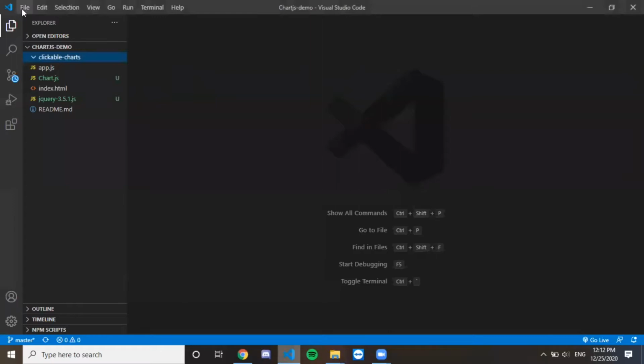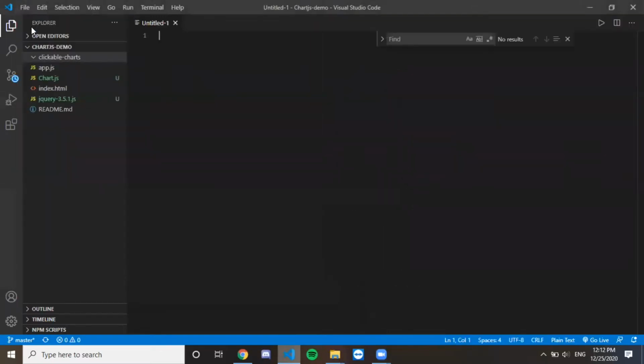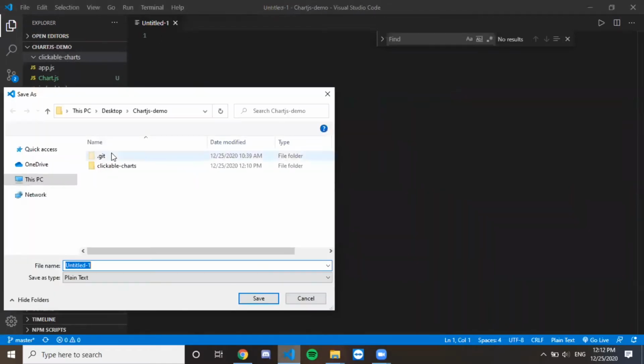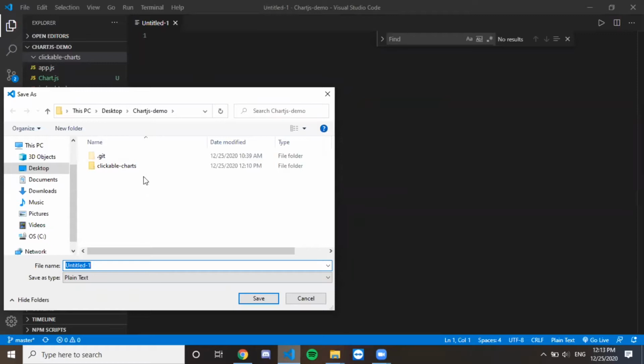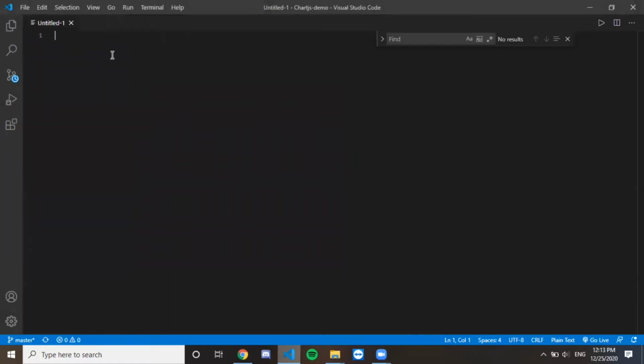So I'm going to go ahead and create a new HTML file, and I'm going to call it chart.html. I'm going to keep it right here inside this folder. This is an empty folder. I'm just going to call it chart.html. I'm going to close this part. And then I'm just going to include the HTML